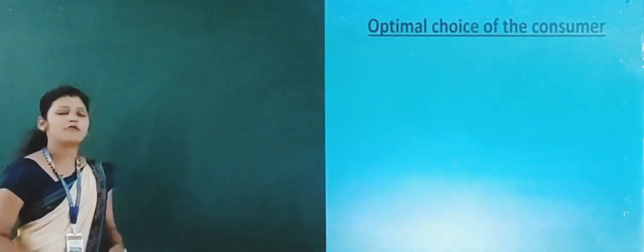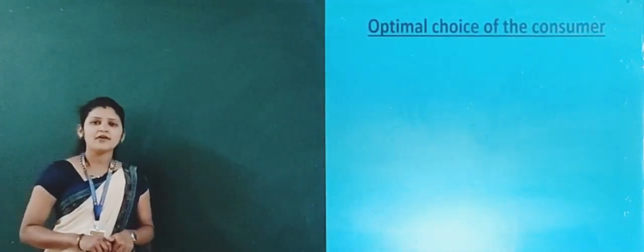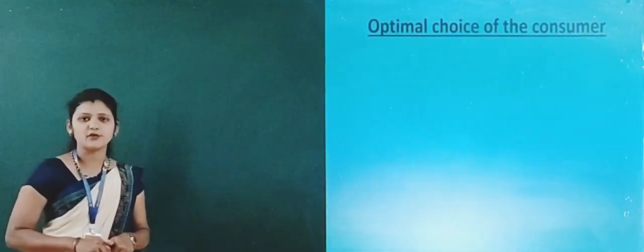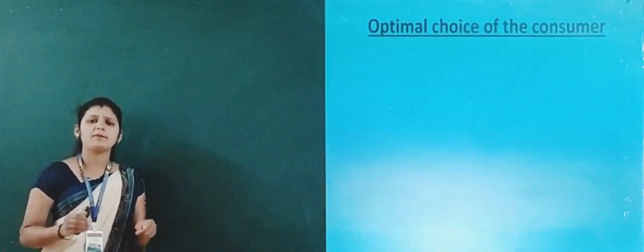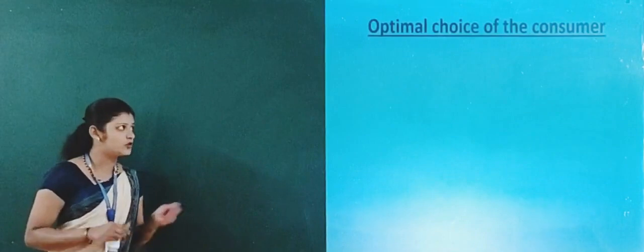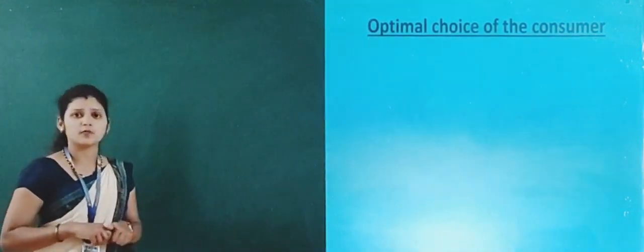We already learnt the indifference curve, indifference map, budget line and also the budget set in our previous classes itself, and now in this class we are going to take up the next and very important topic, that is the optimal choice of the consumer, right? Now tell me, what does optimal choice mean? Here optimal choice means the best choice made by the consumer, okay, the best choice of the consumer.